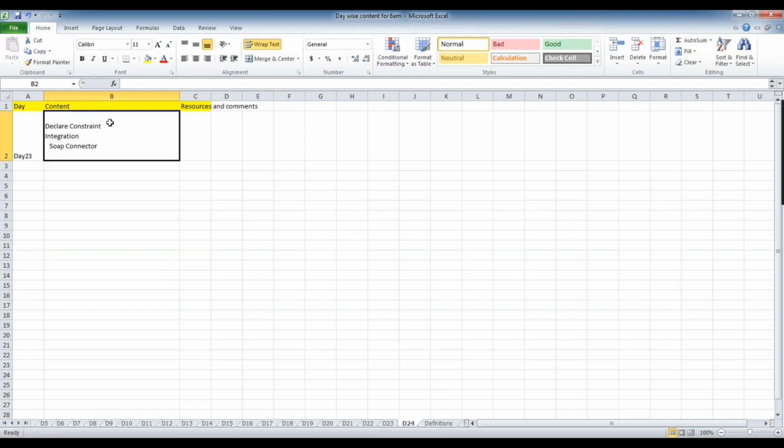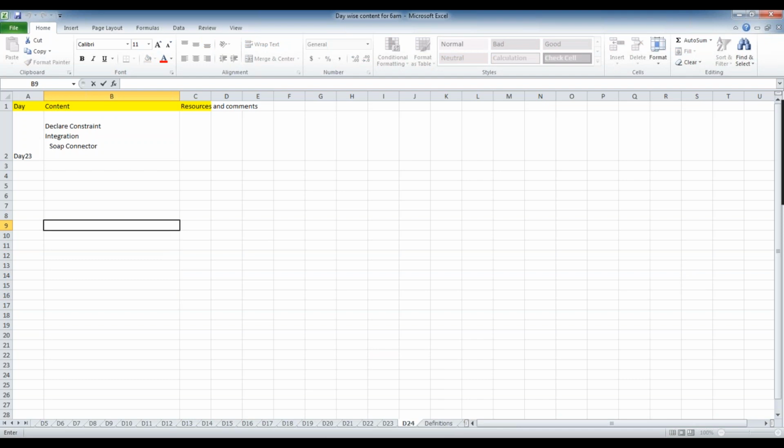So first we'll see declare constraints. Declare constraint also comes under declarative processing. We just need to create the rule and the system will decide when to call it. So here, as the name indicates, declare constraints, to define the constraints, we'll use this rule. So constraints means, let's say, you are withdrawing the amount.